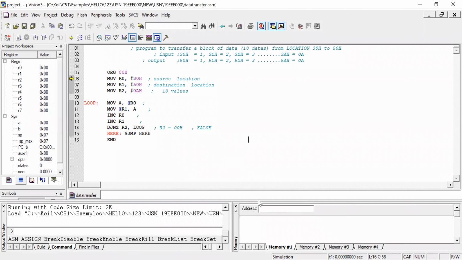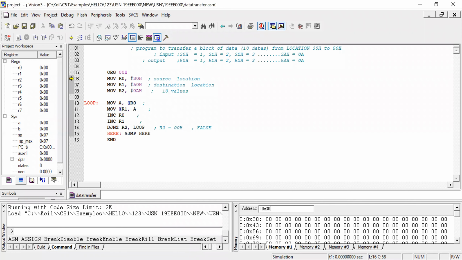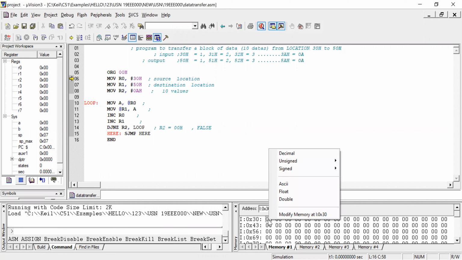Okay, right. So for internal memory, you type I colon. Now I want to go to which memory location? 30H means 0x hexadecimal 30 location. Click enter. So in 30H, you can give your own data.